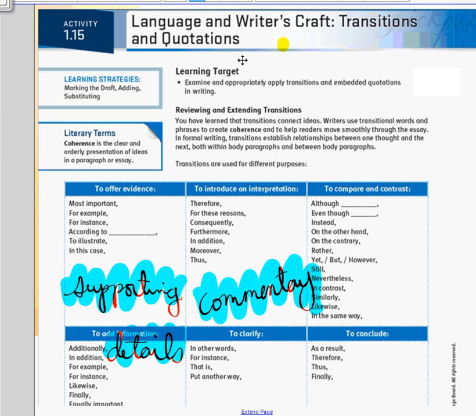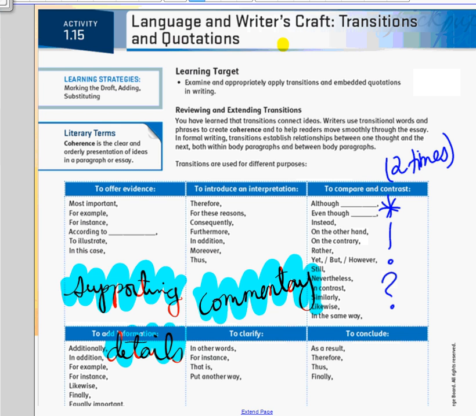Now these transitions that you know, or maybe don't know, I don't need to read them aloud to you. You guys can read them by yourself, but there is something that I am going to ask you to do. So in a moment, you're going to look at all the transitional phrases that are here. And you're going to use your metacognitive markers. So that's the asterisk, the exclamation point, and the question mark. What you are going to need to do is use these 2 times apiece. So you're going to read this list of transitions to yourself.